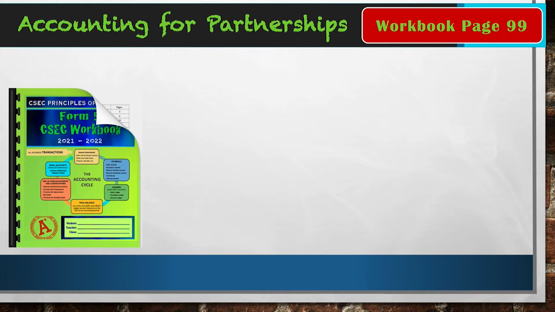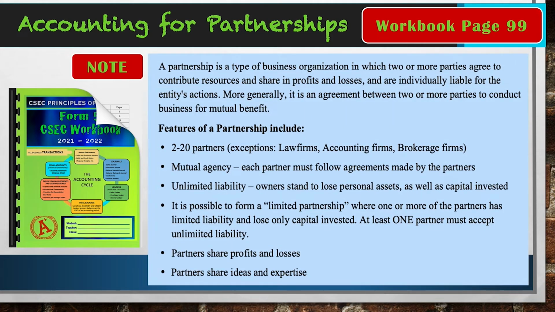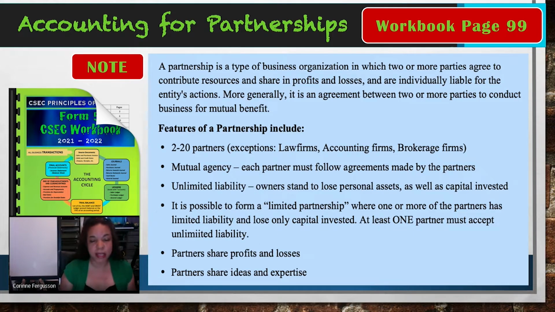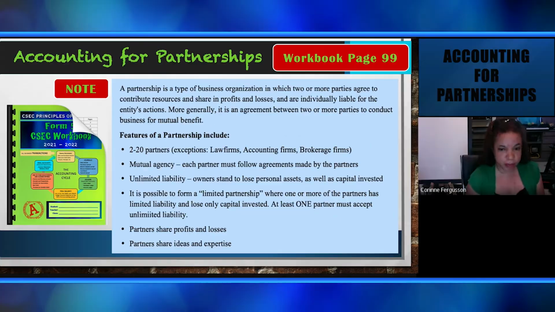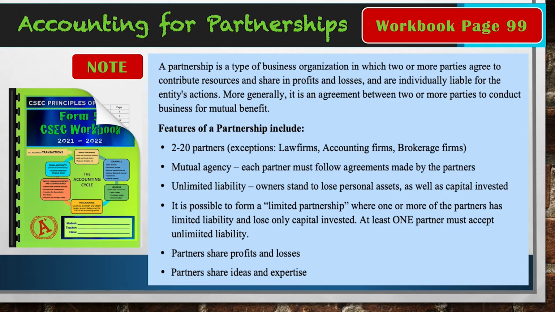Accounting for partnerships. In accounting, they do not go into detail like in business, where they ask you what the features are and you need to give the advantages and disadvantages. But it still is good for you to at least know it. So in your books, you have the features of the partnership, and it is basically 2 to 20 partners, except